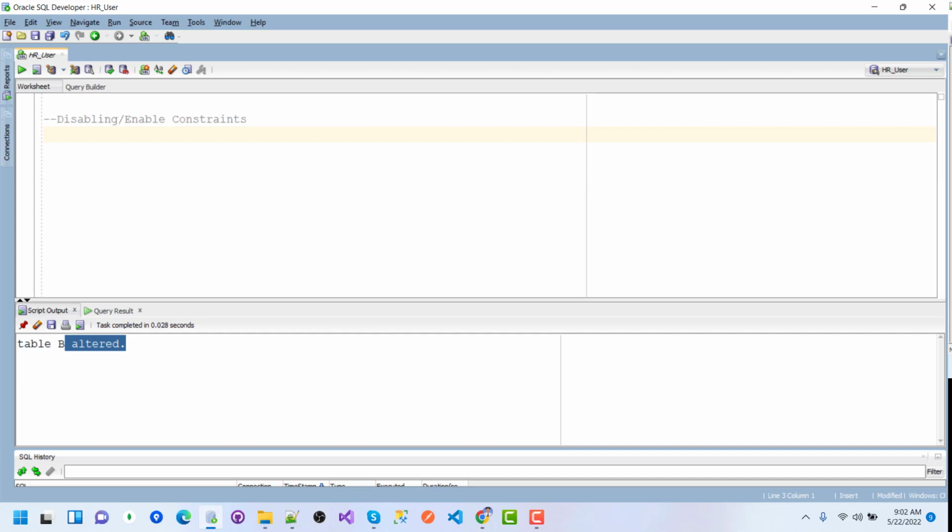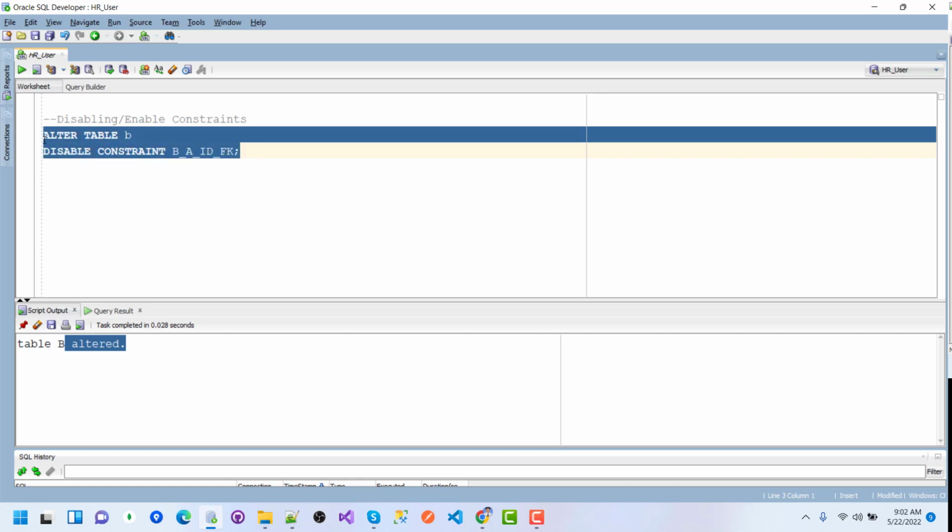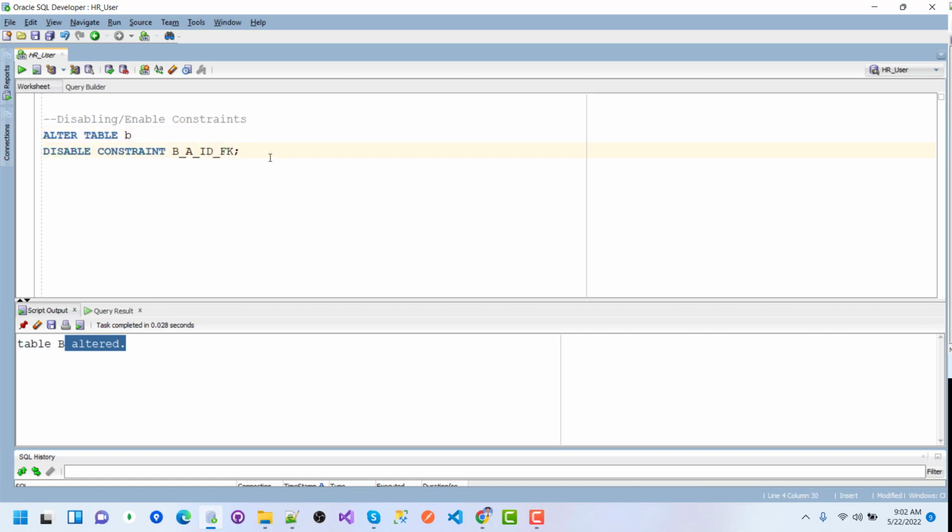So here I will give an example of how to disable this constraint. The constraint name is BA ID FK. If I execute this snippet, the table B constraint will be disabled. After disabling this constraint, we can insert any values for AID,